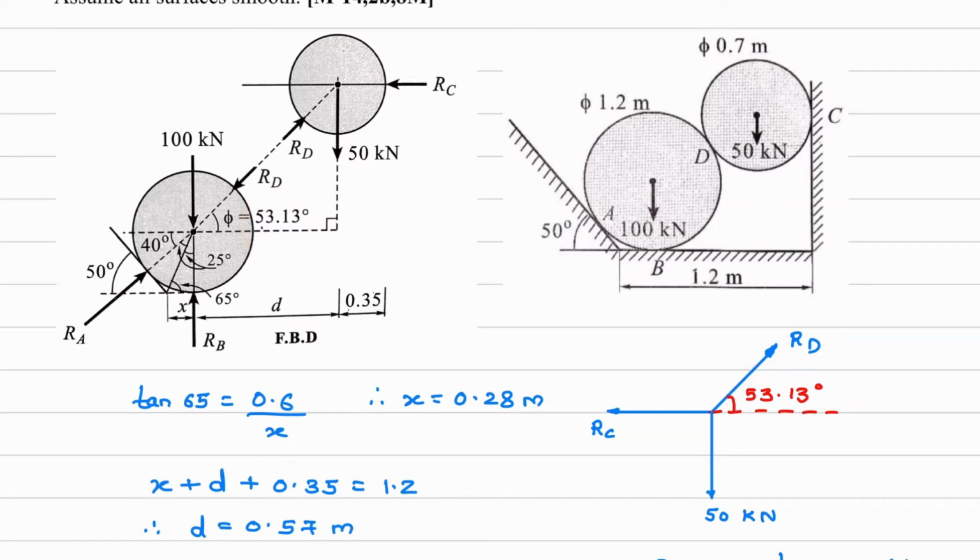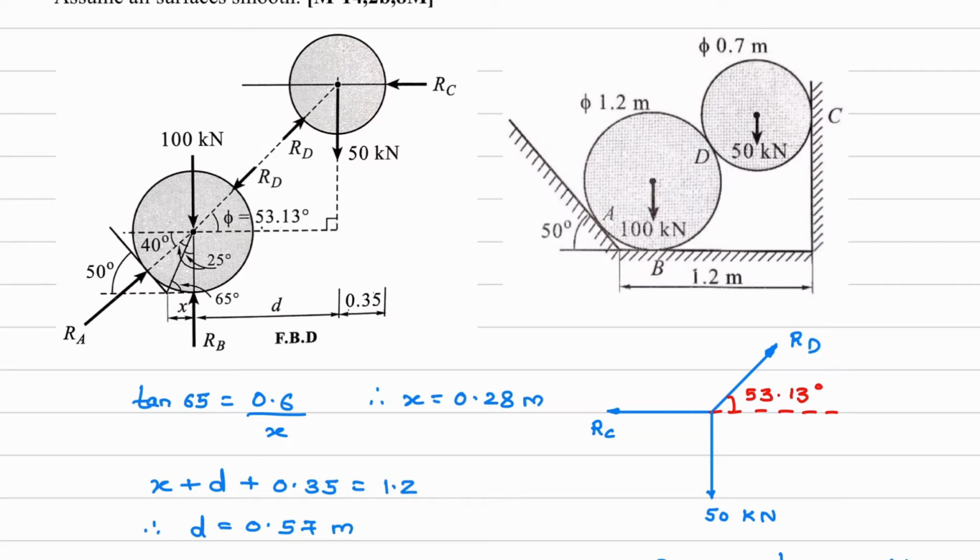Now if you recall Lami's theorem, what we had discussed, Lami's theorem can be applied only when we have 3 concurrent forces, which we have over here, and when the nature of all the 3 forces is the same. So here you can see RD, RC and 50, all the 3 forces are having pull nature with respect to the center point. That is why this arrow was towards the center, so I have moved it in this direction. RC also I moved in this direction. You can do it the other way also. RC is acting towards the center, RD is acting towards the center, you can move this 50 kilonewton force over here. That way also you can apply Lami's theorem. But I have shown it in this way. You can do the second way as well, you will get the same answer.